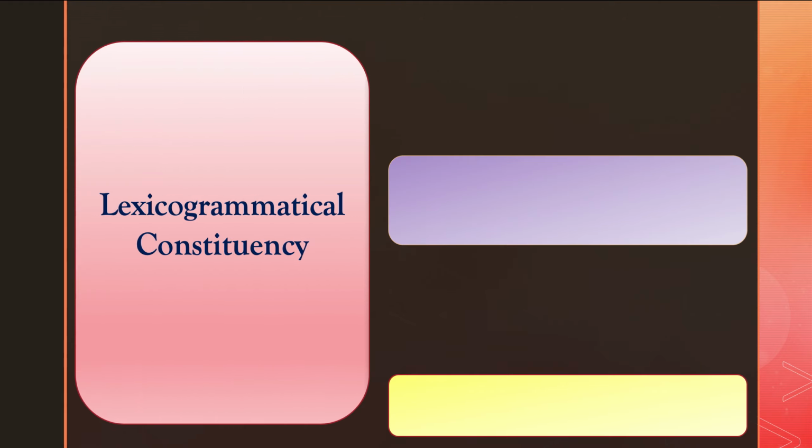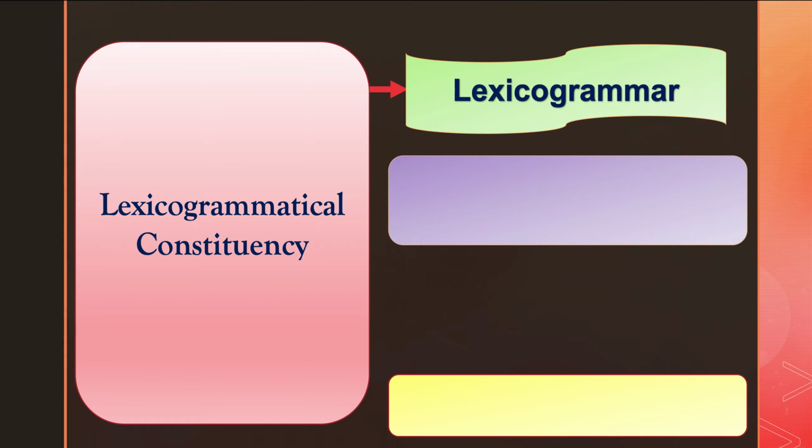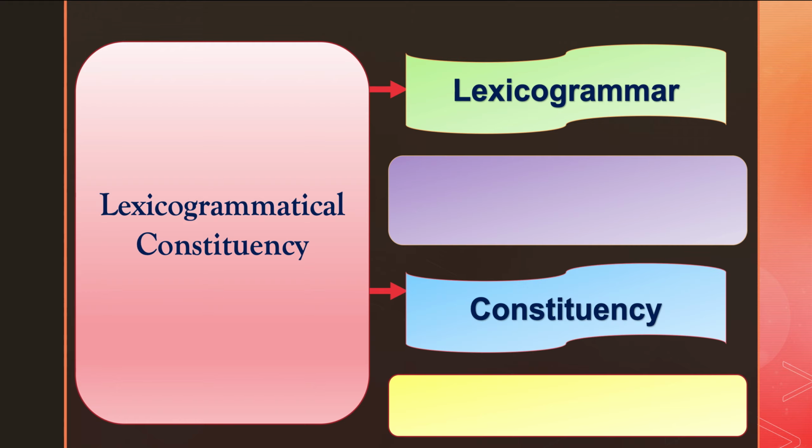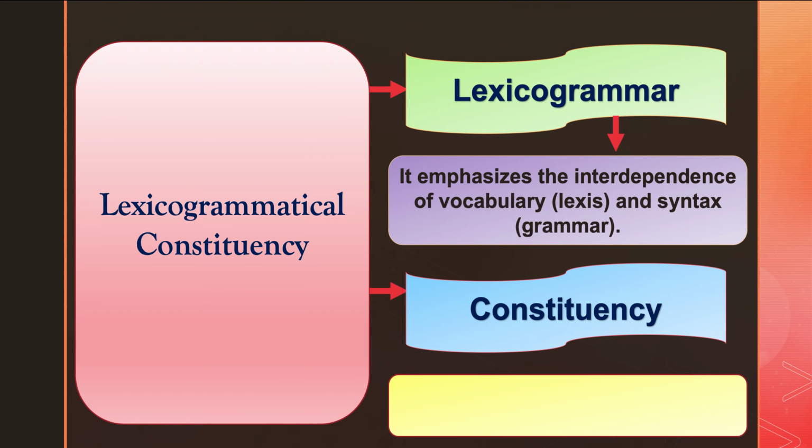Now we are going to talk about lexicogrammatical constituency. So before we talk, let's talk about lexicogrammar, the term as it is, and the constituency. The definition of lexicogrammar is that it emphasizes the interdependence of vocabulary, lexis, and syntax, grammar. Now the definition of constituency is compositional structure of language. We move on to the next,